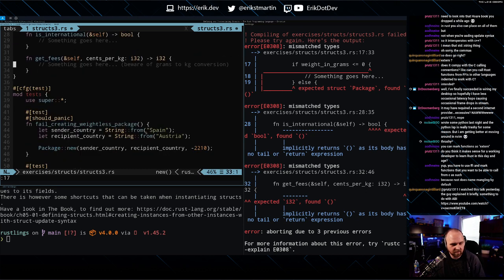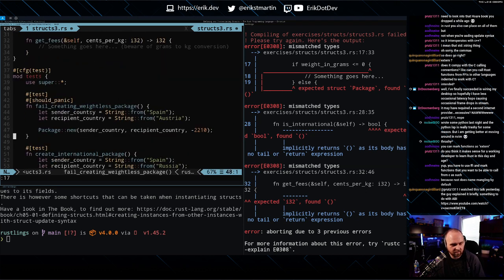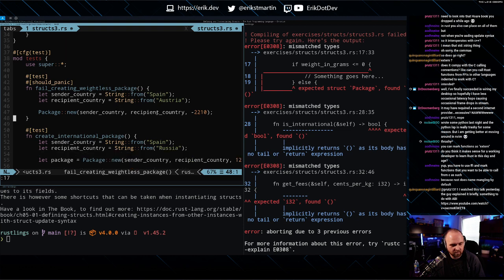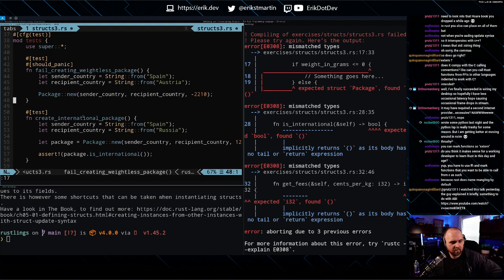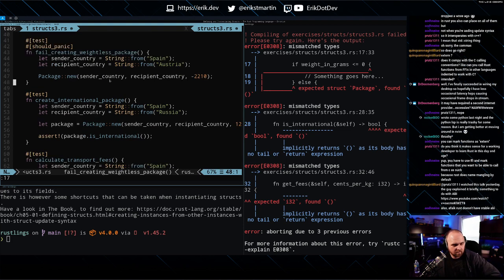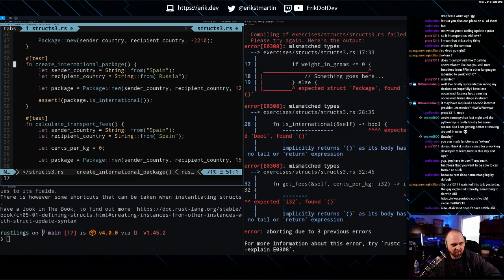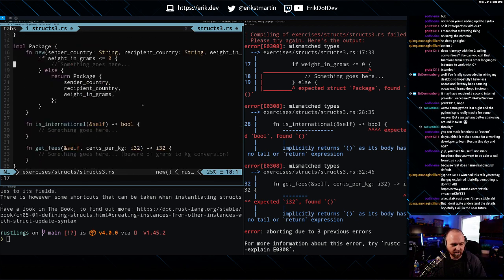So I think we're going to have to look at our tests here. Fail creating waitlist package. So it doesn't look like it tells us what it's supposed to do if it's a waitlist package.